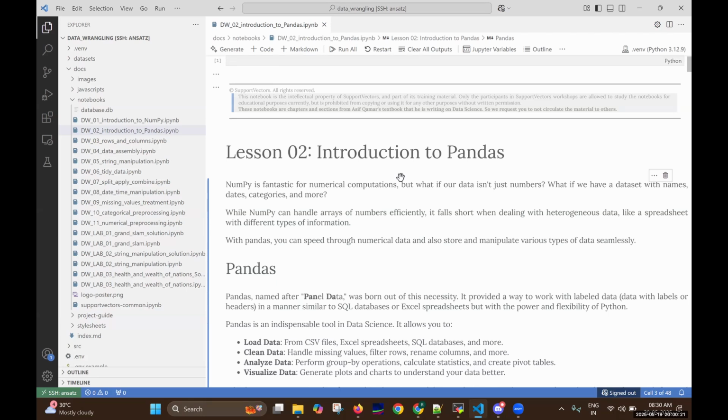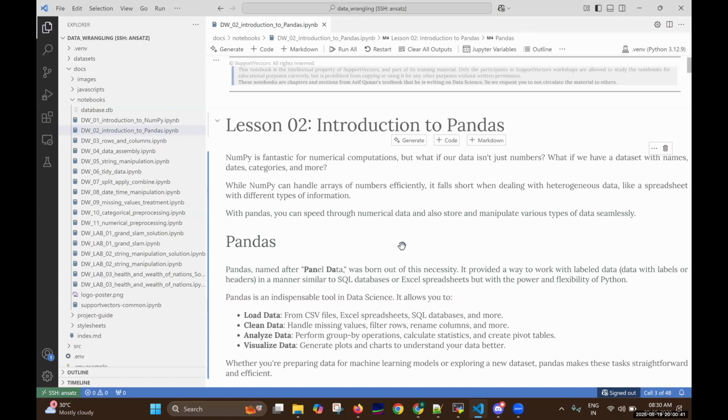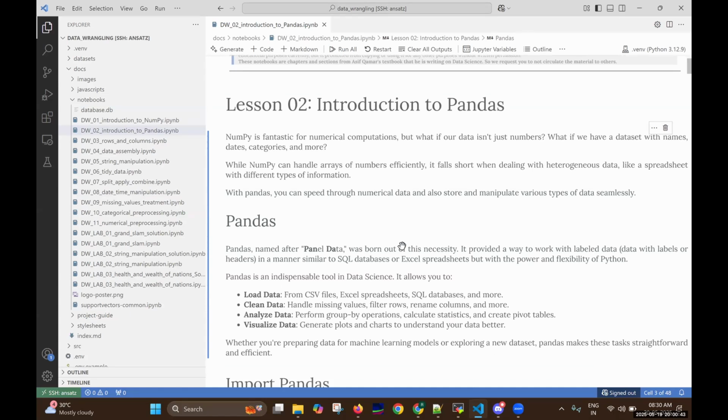Similarly, a table structure also has columns and entries. For that kind of panel data, pandas is very helpful. It also uses NumPy in a few places for numerical calculations, but we'll see about that. But the main thing of pandas that you have to learn is